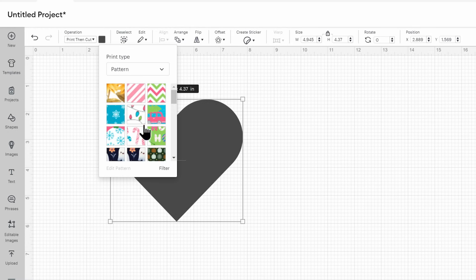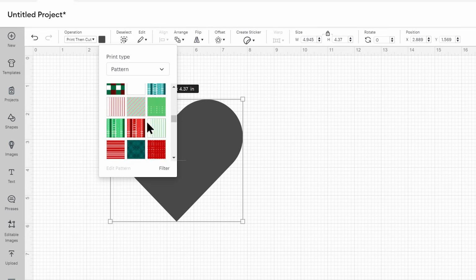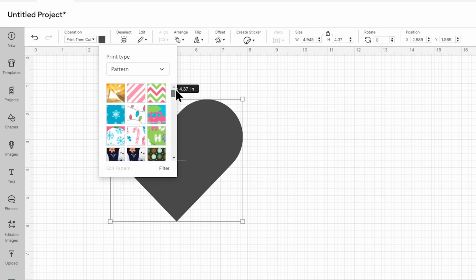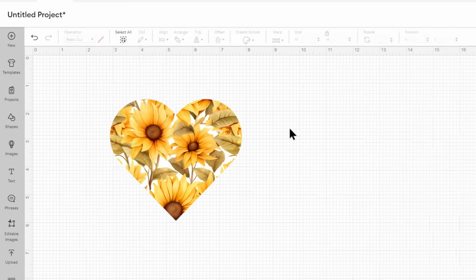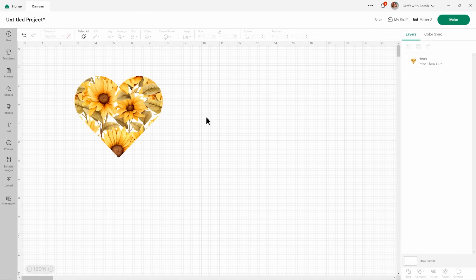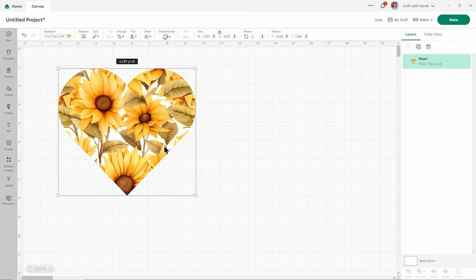And this will show you lots of default Design Space patterns in there, as well as any you've uploaded previously, but you should also be able to see the one you've just uploaded. If I click that, it might take a little while to load, but then it's going to fill your shape with that repeating pattern. If I make it a little bigger, isn't that pretty?